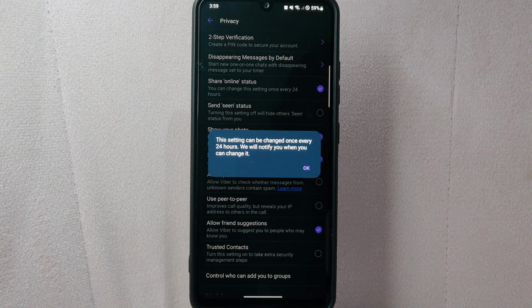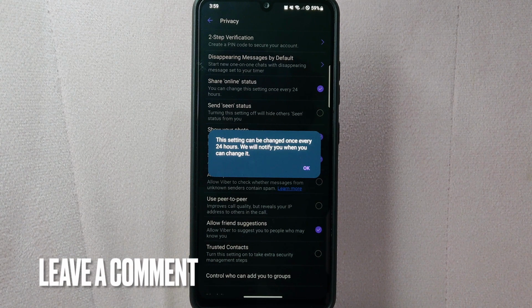There you go. If you wanted to know how to turn off online status on Viber, that is the easiest way I know how. If you know another way to turn off online status on Viber,